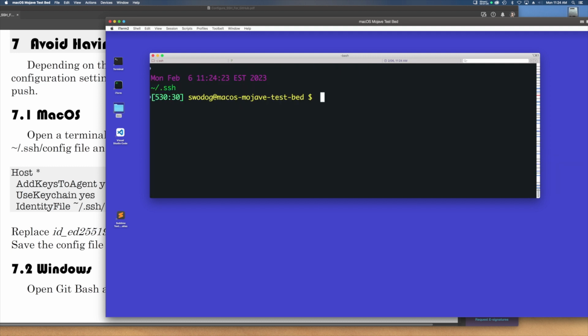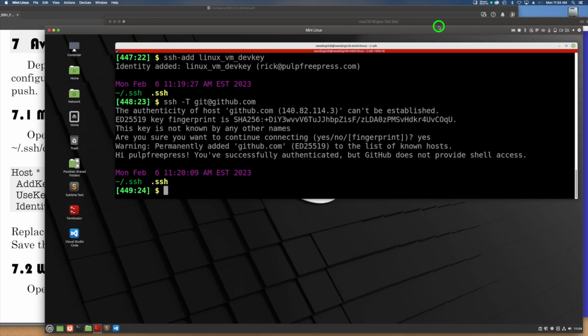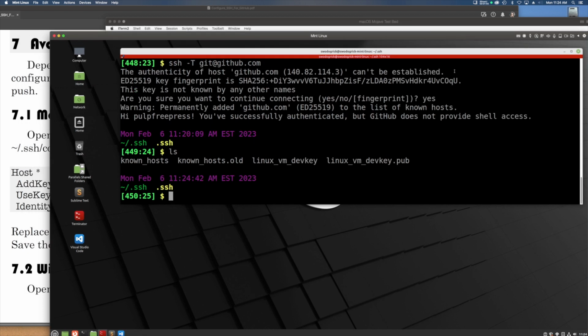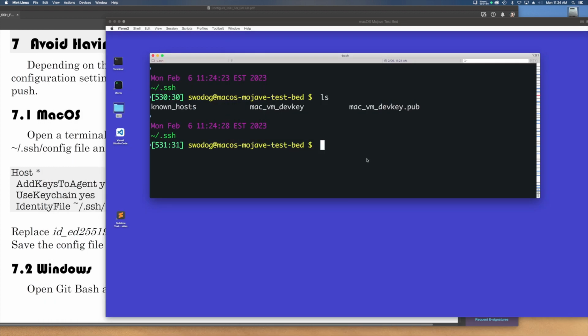So if we do an ls, we see that we've got 3 things in here now. We've got known hosts. That's what it creates when you add the key to your SSH. Let me go over here real fast and see if that actually gets created. So if I do an ls in Linux, yes, it's got a known hosts file in there now. All right, so I've got a known host, a Mac VM dev key private key, and a Mac VM dev key public key. Now I'm going to use VI